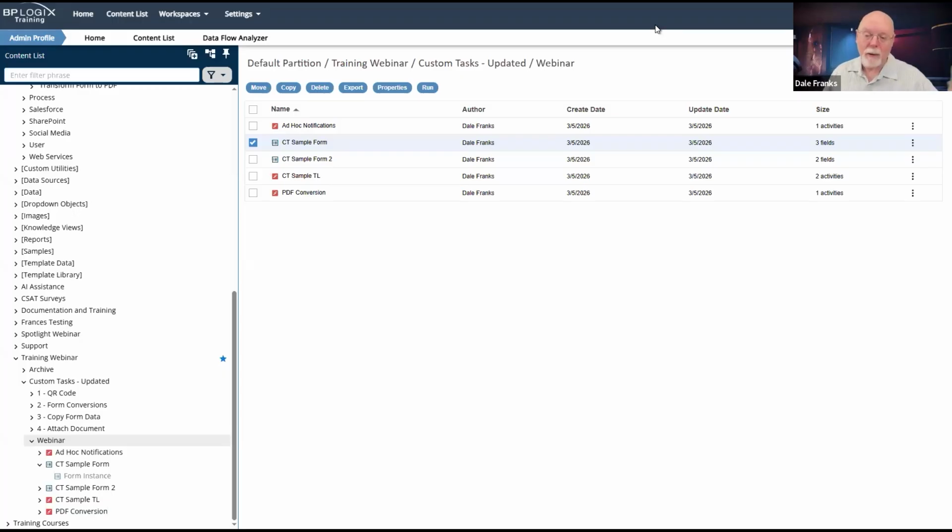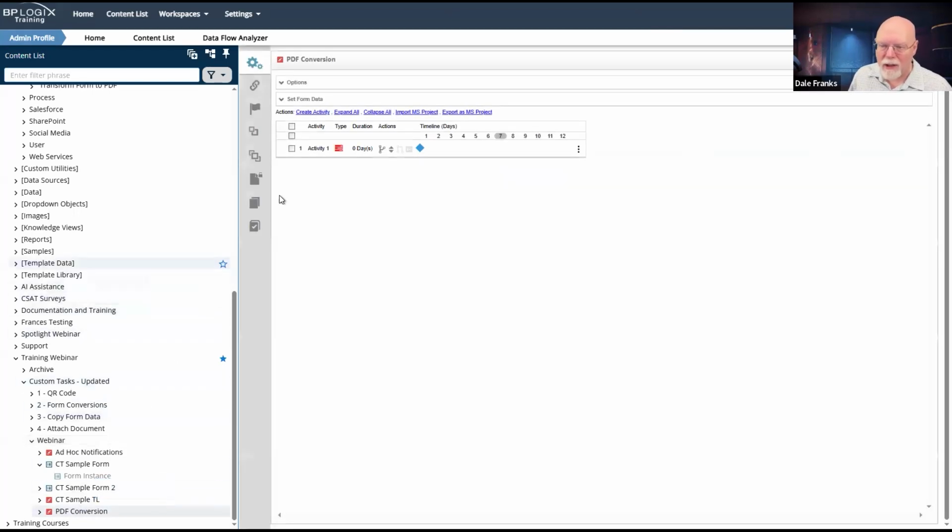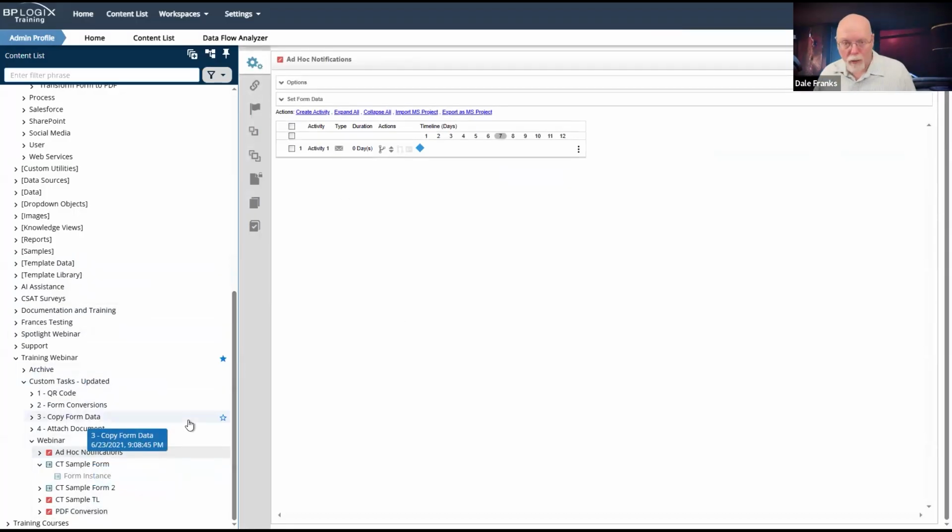In any event, as I was saying, we get this quite a lot. How do I just pop off these notifications? Being able to call the run process custom task from pretty much anywhere, and then just being able to make these tiny little processes. PDF conversion does one thing. It does the PDF conversion custom task. The notification doesn't run a custom task. It just runs a notification activity, but it gets called via the run process custom task.